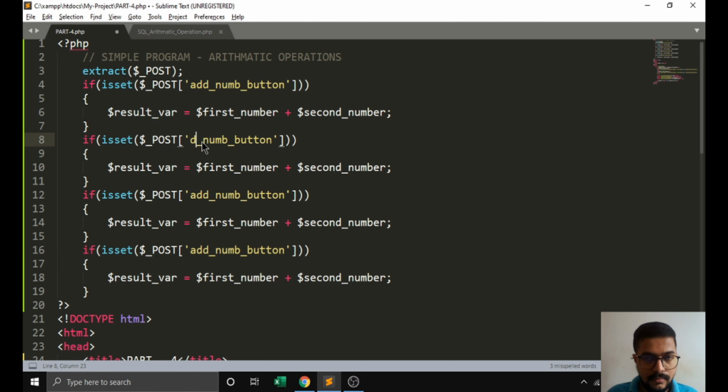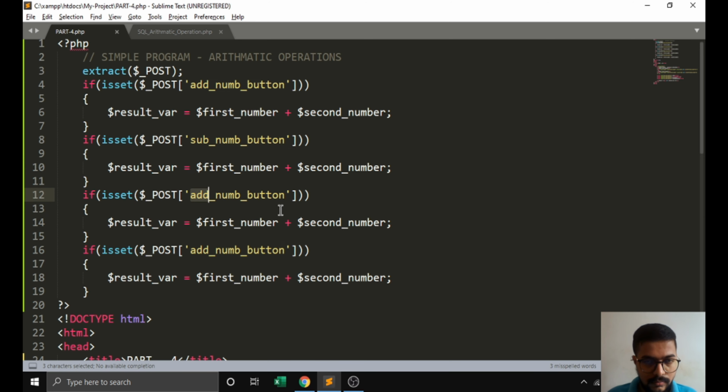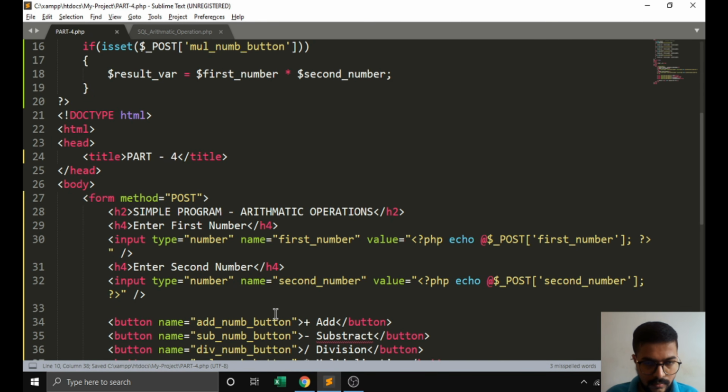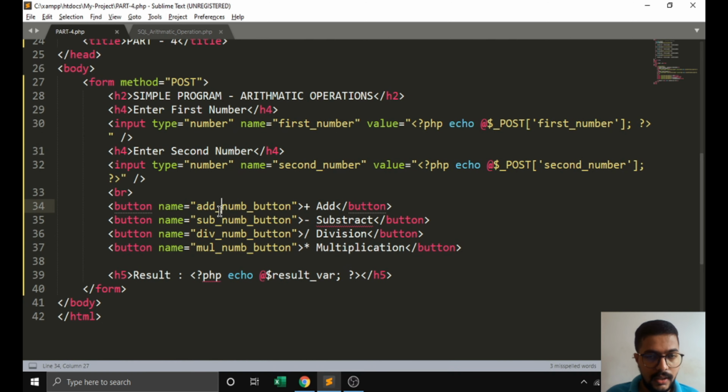Here you can get this stuff like this. You can add, subtract, divide, multiply all the variables by creating the name variables.